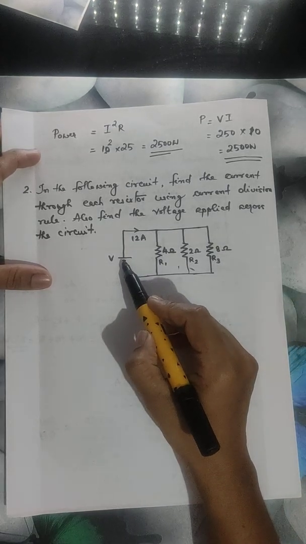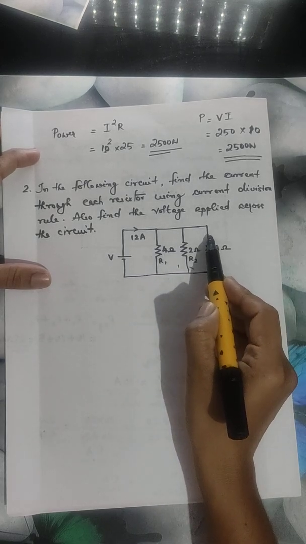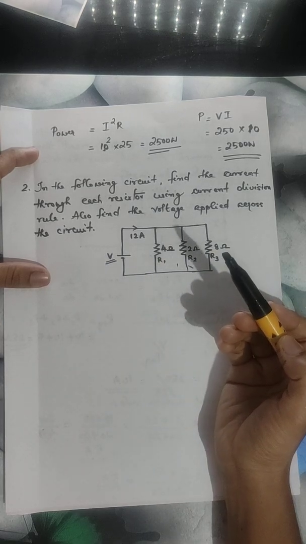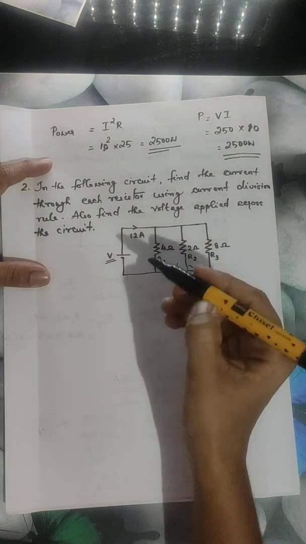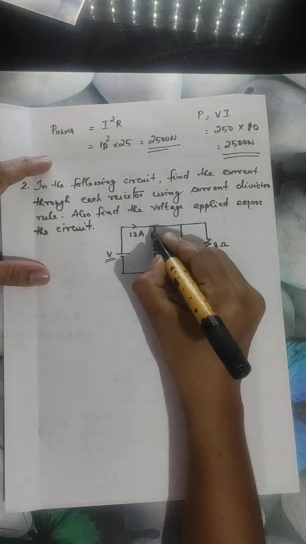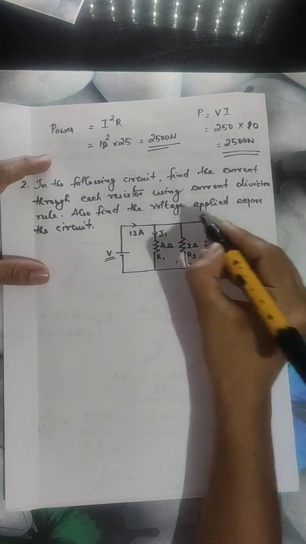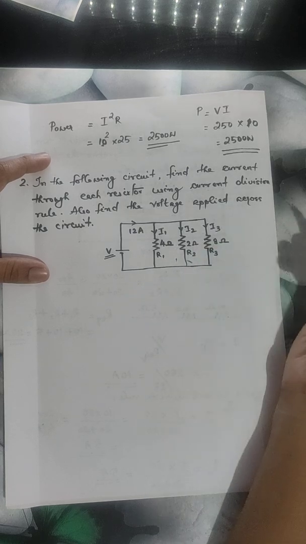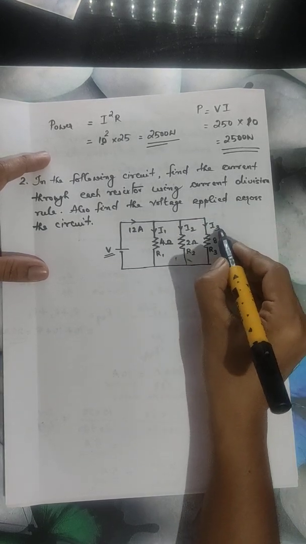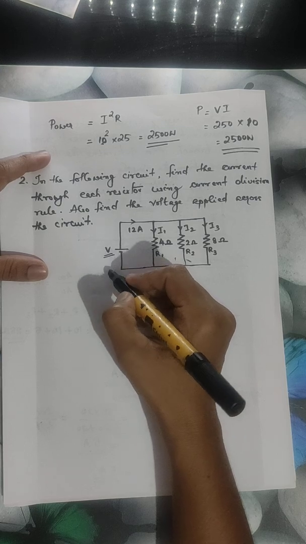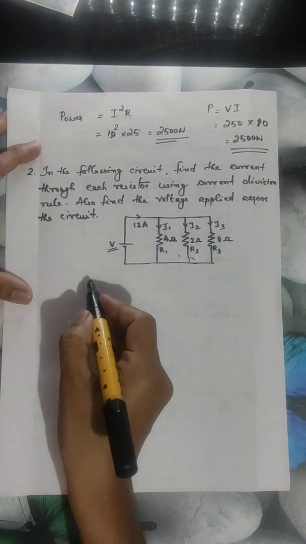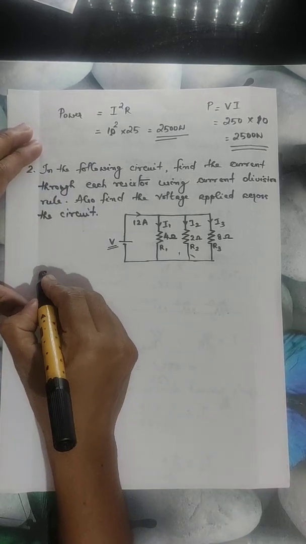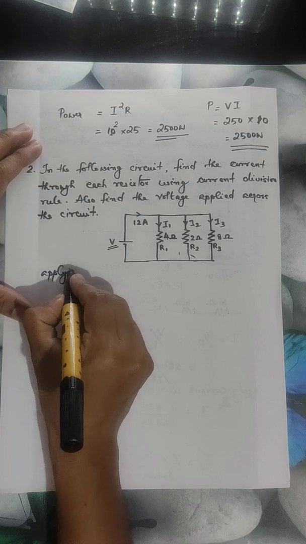And we have to calculate the current flowing through each of the branches or each of the resistors, and also the total voltage applied across the circuit. So let us mark those currents. Let current through R1 be I1, current through R2 be I2, and current through R3 be I3. So we have to calculate I1, I2 and I3, and also the total voltage V. Okay, and it is given that we have to use the current division rule. Okay, then applying current division,